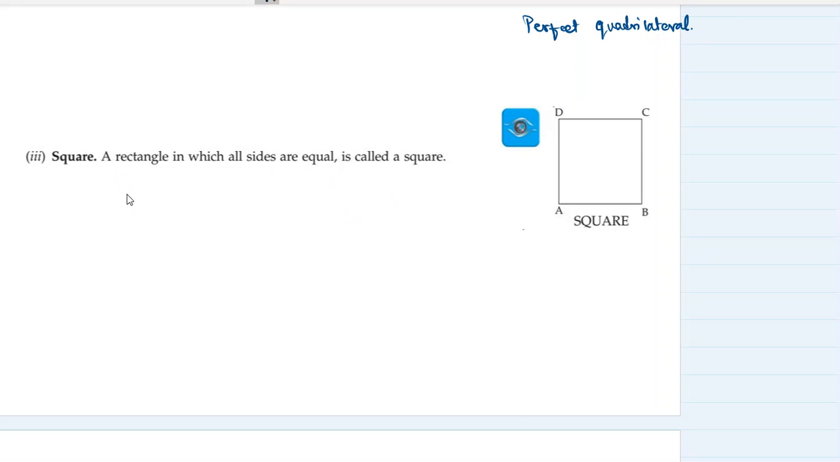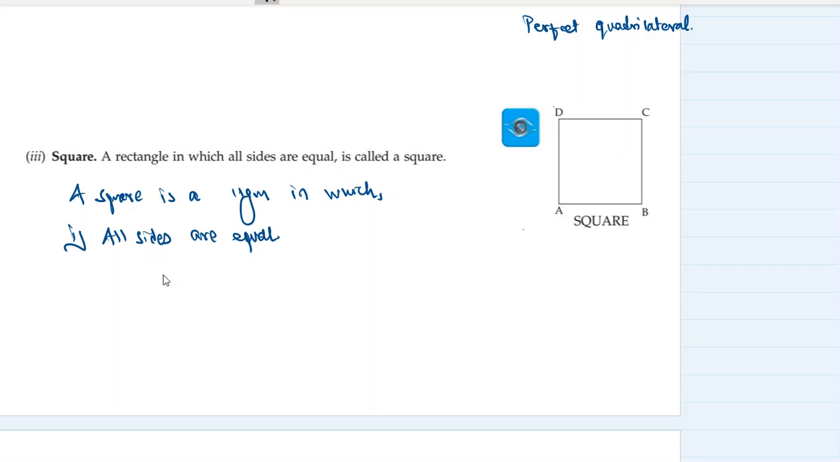जैसे कि a square is a parallelogram in which स्क्वायर में पैरेललोग्राम की तो सारी प्रॉपर्टी है ही, ठीक है। Apart from that it has some special properties, that is number one, all sides are equal. तुम्हें पता ही होगा स्क्वायर की सारी साइड्स इक्वल होती है, ठीक है।